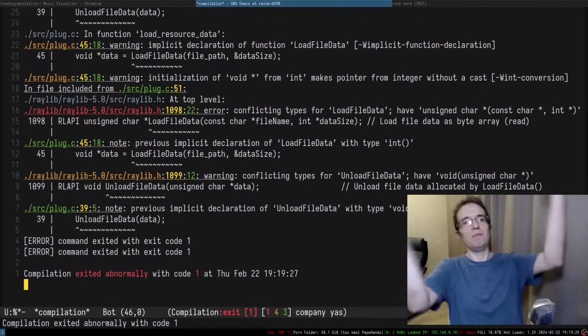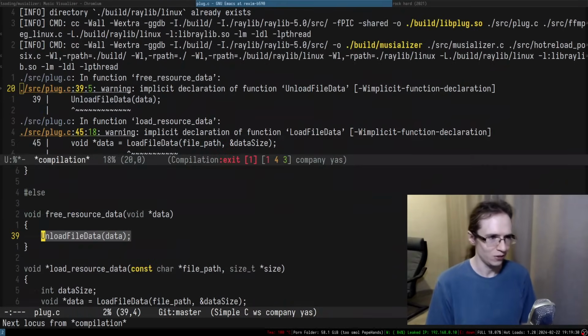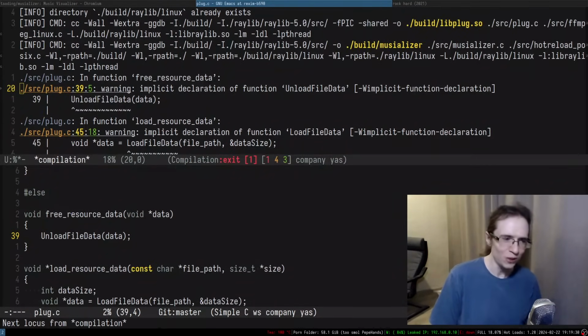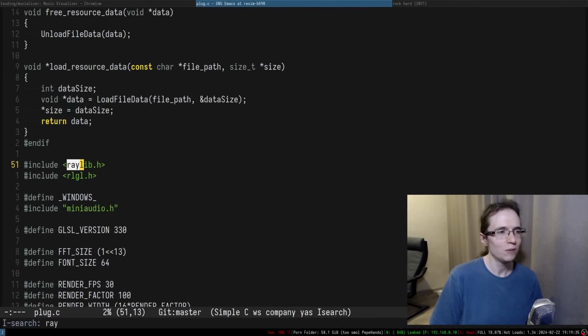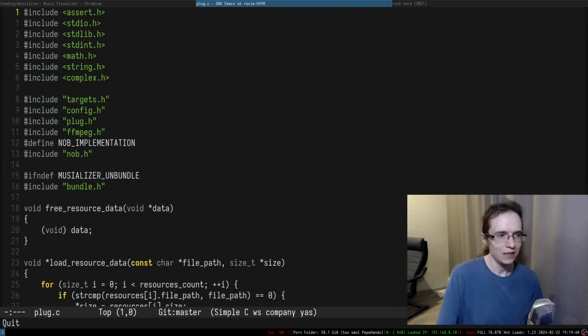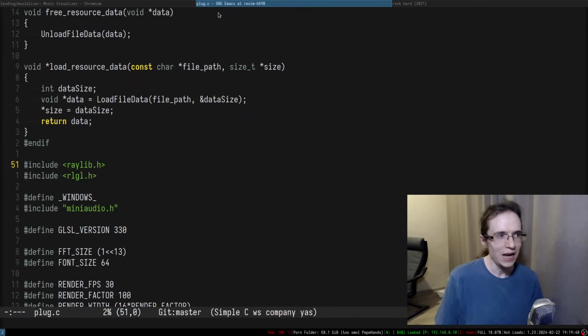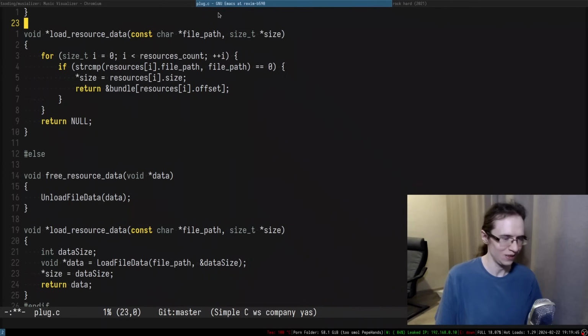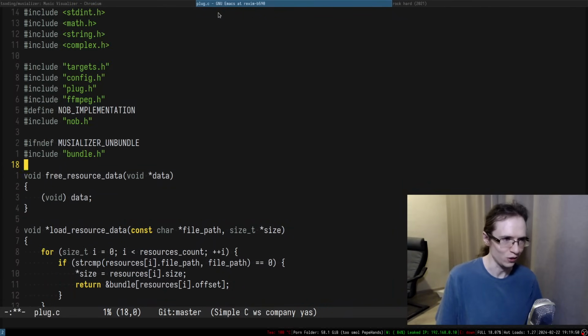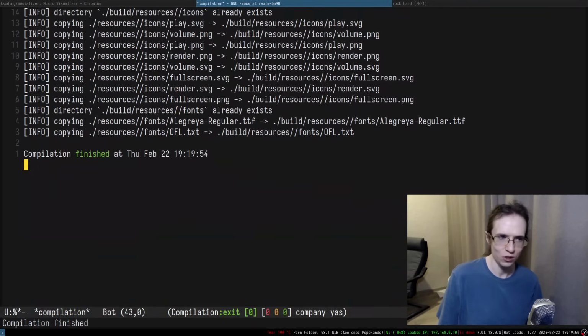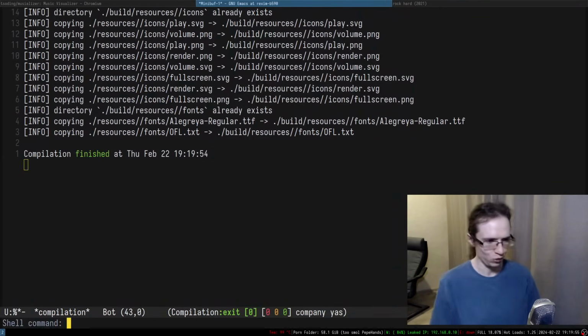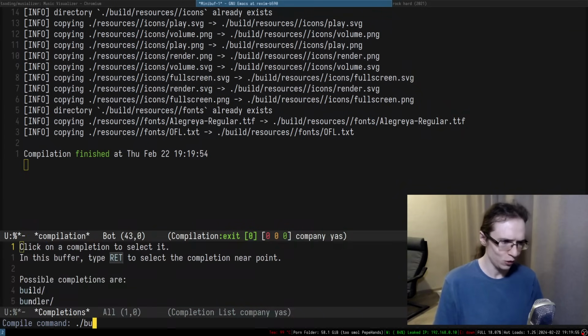All right, it doesn't compile if you unbundle this. Okay, that is very cool. I wonder why. Essentially it is trying to use some of the raylib. I see. This is because we include the raylib after all of that. It's easy to fix, my friend. Don't worry. So we just put it in here, and everything's good. So now I'm going to run the visualizer